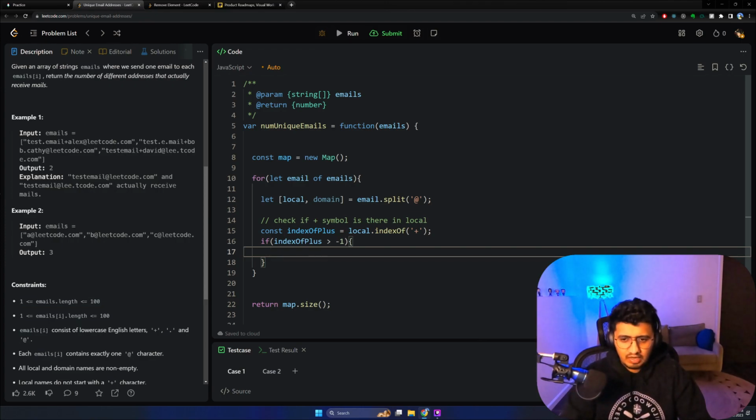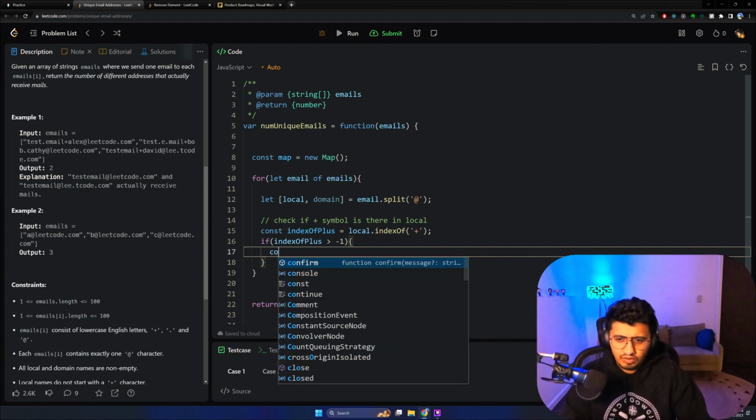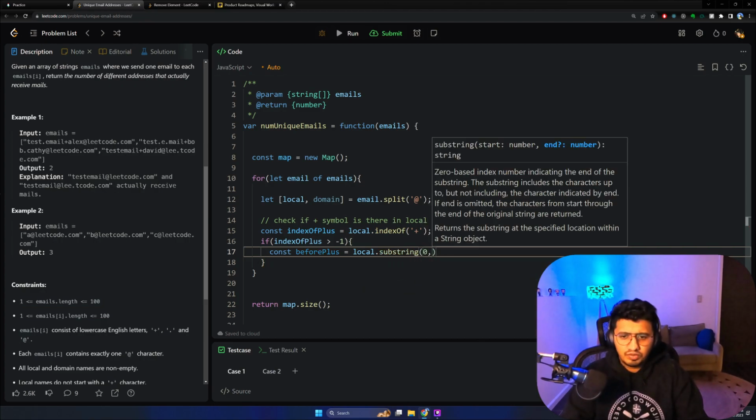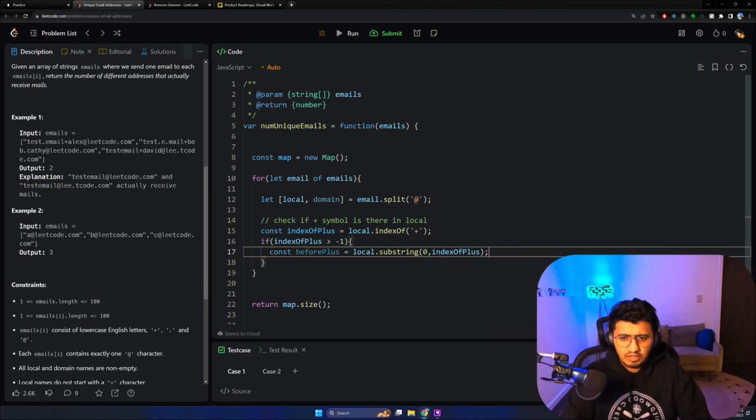So can we do this? Let or const beforePlus is equal to local.substring(0, indexOfPlus). I guess if we do this, we'll get the string which